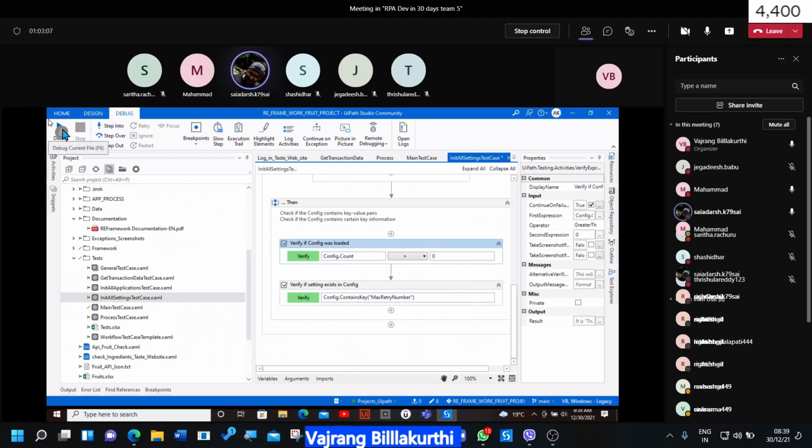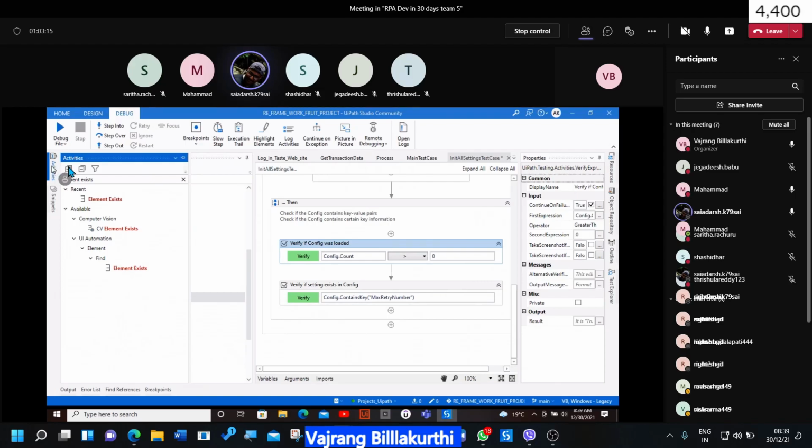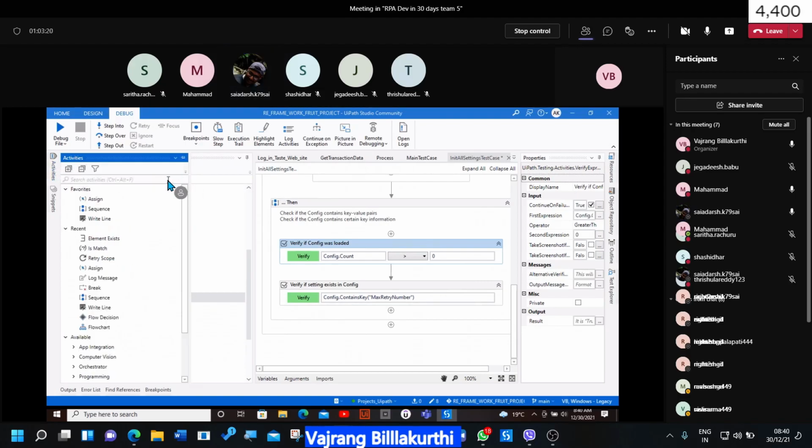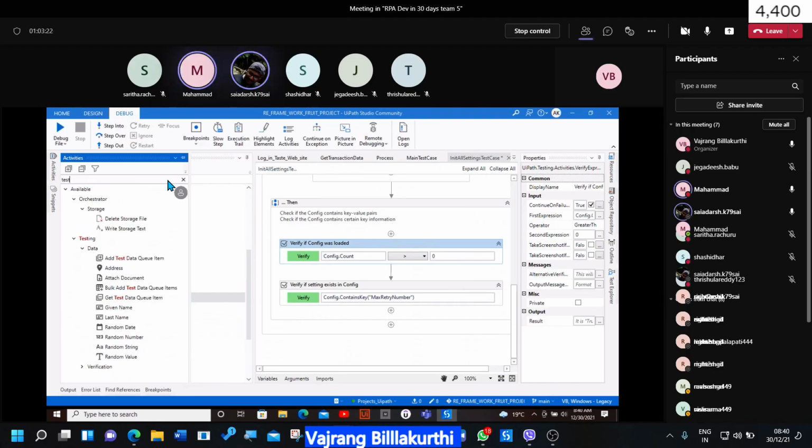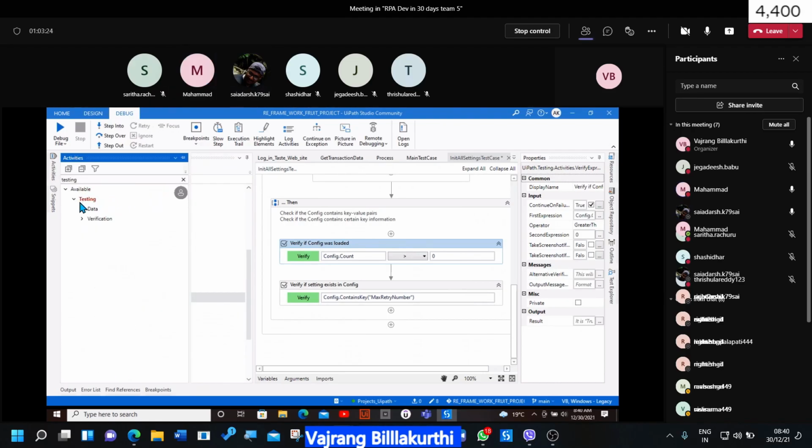What is the activity verify if config was loaded? These are testing activities; you need to download the testing activities, such as verify and testing verification data.